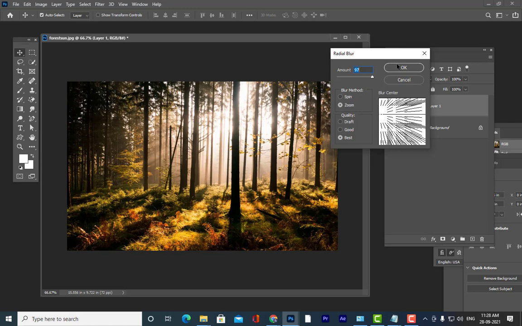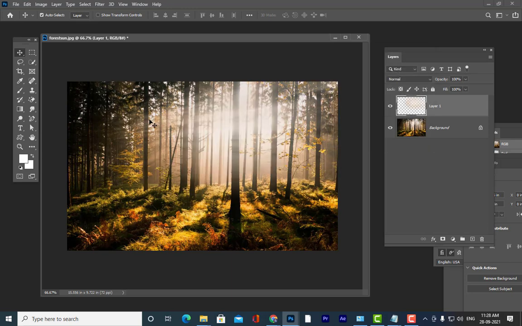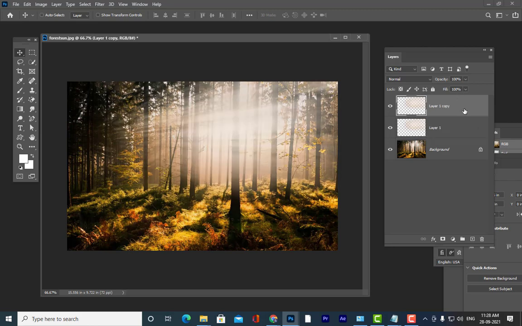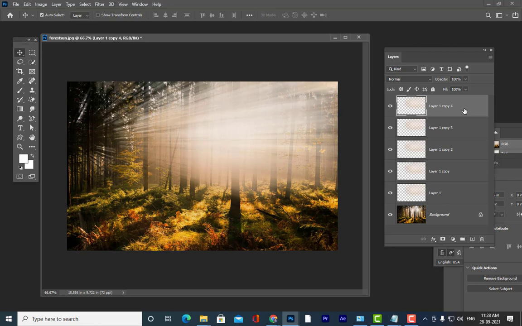I'll just keep it like this. See, now it's coming like this. And if you want more intensity, take duplicates, Ctrl J. Is it clear, all of you? Yes, sir.